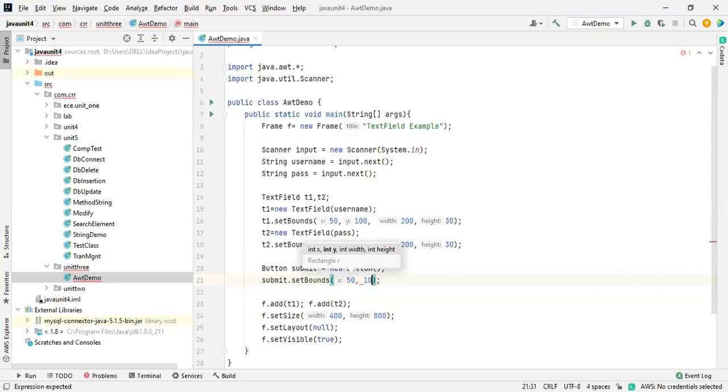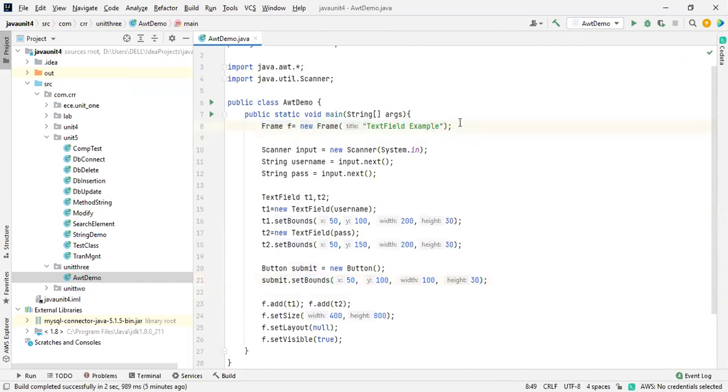So 50 and 100, and after that the width will be, I don't want this much width. Just 100 is enough for me, and I will take the height as 30, which is okay. So now this button has been created, but we have to add it to the frame.